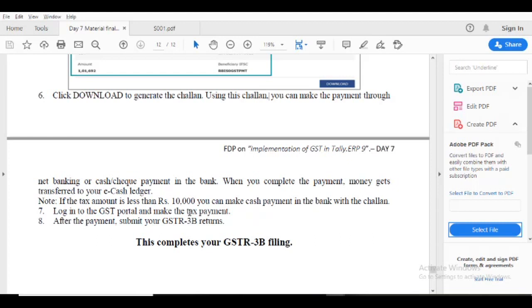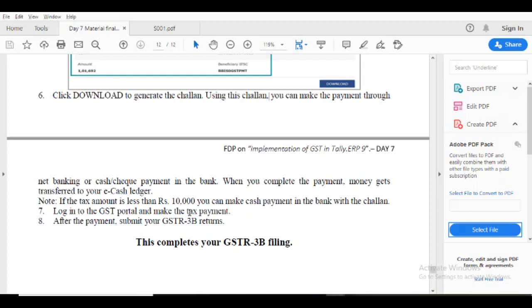So please understand, the GSTN portal accepts payment of tax liability below 10,000 as an offline challan payment mode involving the bank, NEFT, RTGS or cash, cheque, anything. But above 10,000, only online payment is possible. Log in to the GST portal and make the tax payment.